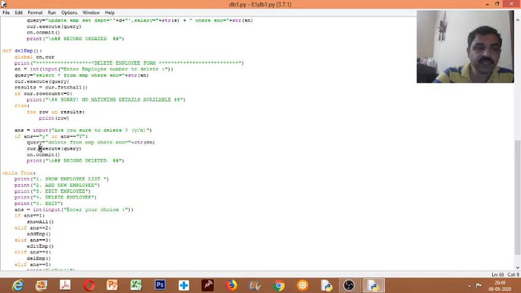To execute the query, we wrote the execute query function with the query as argument. So it is executed. After execution the data will be deleted. Then we are saving the data. The cn.commit function is used for saving.